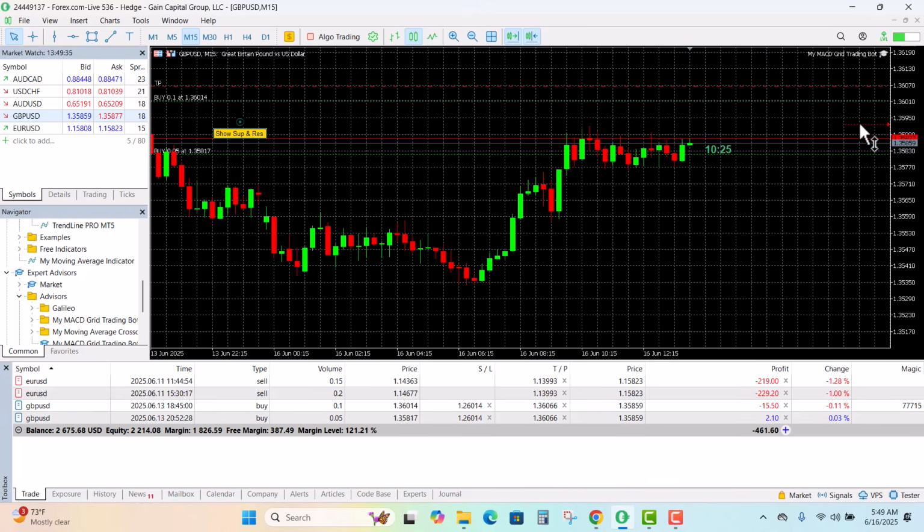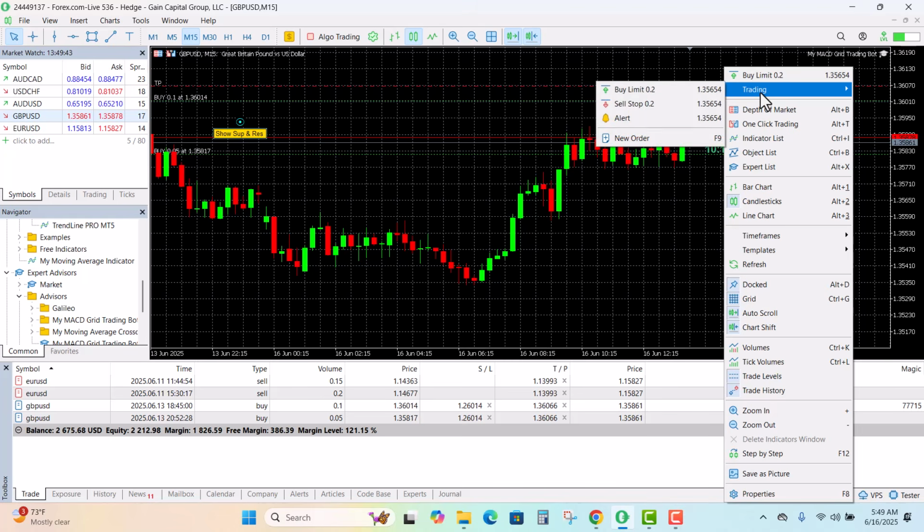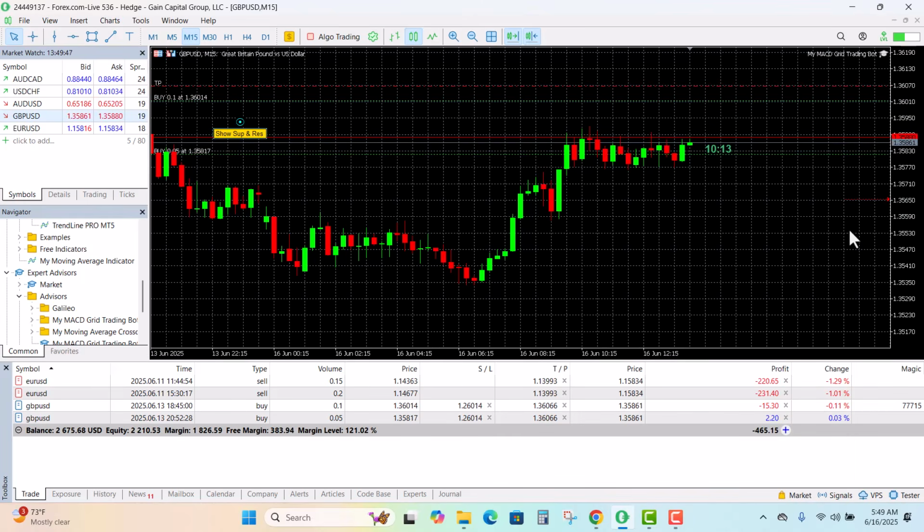How did I add this? Well, let me first delete it. And then we're going to right click in the chart, and we're going to go up to trading, and you go over to alert, and you put the alert right there. Wherever your mouse is where the alert will go, and you just simply grab it and pull it up to wherever you want the alert to be, and that's what it sounds like